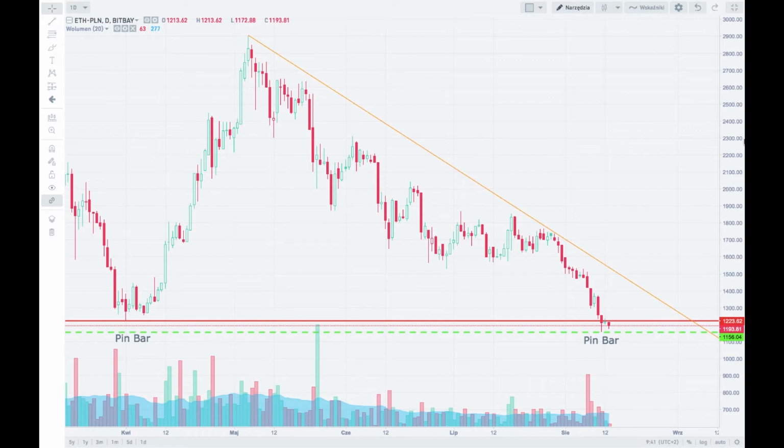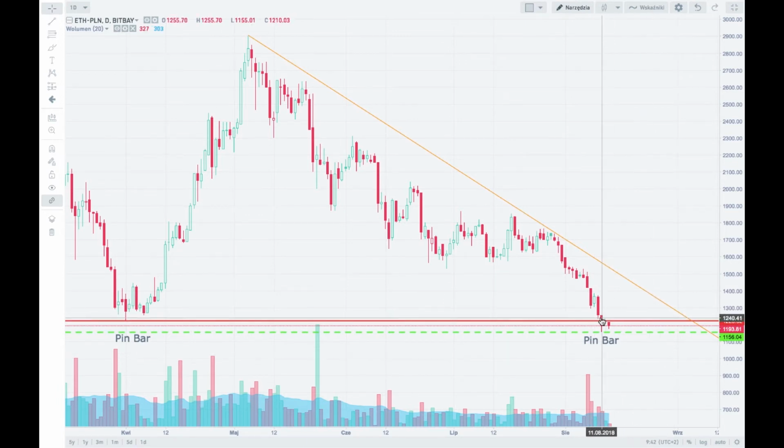We are going to start our analysis on the daily chart, where we can see this very important technical point of support, and this is the level of 1223. Apparently there was a formation, kind of a pin bar here, and then we got this reaction of the price when we went as high as 2900 Polish zloty. Then after the 4th or 5th of May 2018, we got this downtrend here to the level of again